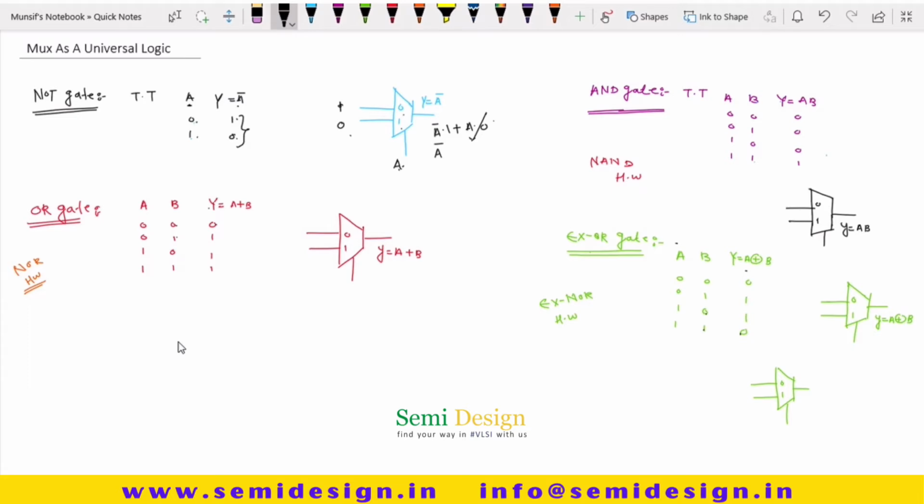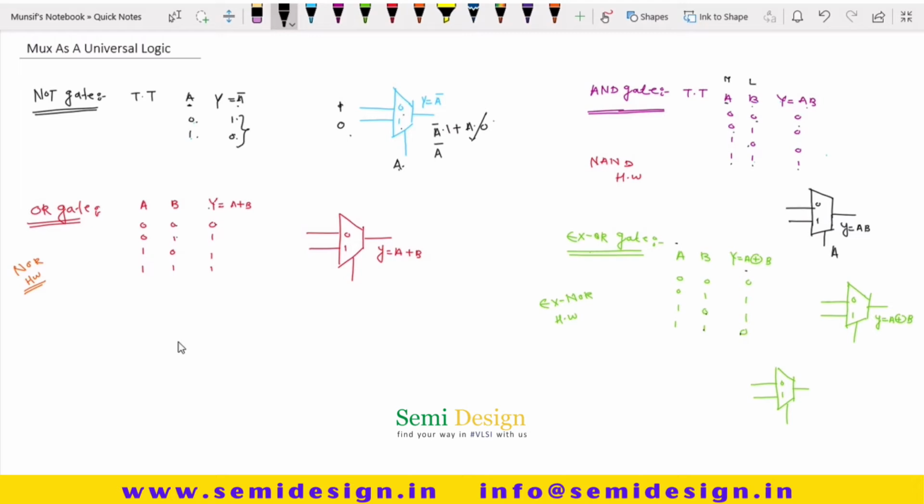Similarly, if you want to model AND gate, this is the truth table of AND gate, A B inputs, Y is equal to A into B. If any one input is 0, output will be 0. Okay, so only when both inputs are 1, output is equal to 1. And we need to map this truth table with the multiplexer. Just take the MSB bit, A is MSB and B is LSB here. Just take this MSB bit A and connect it at the select line, right?